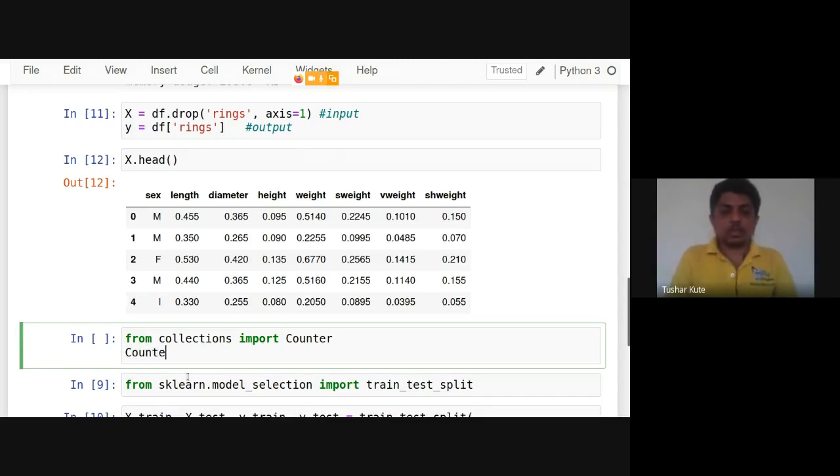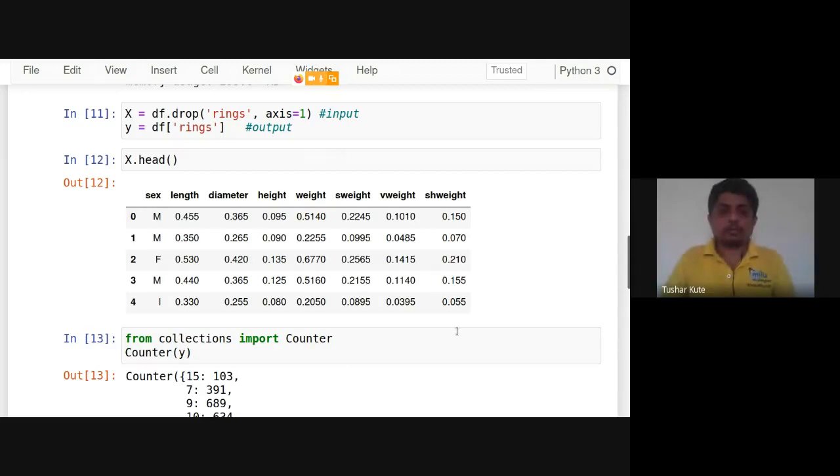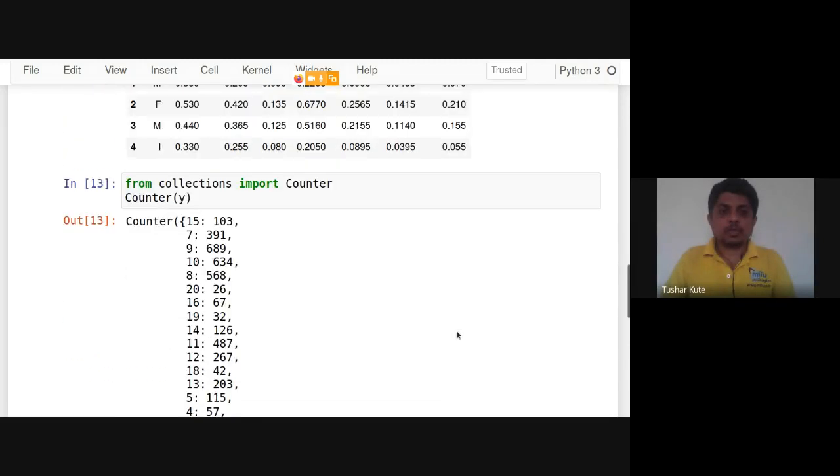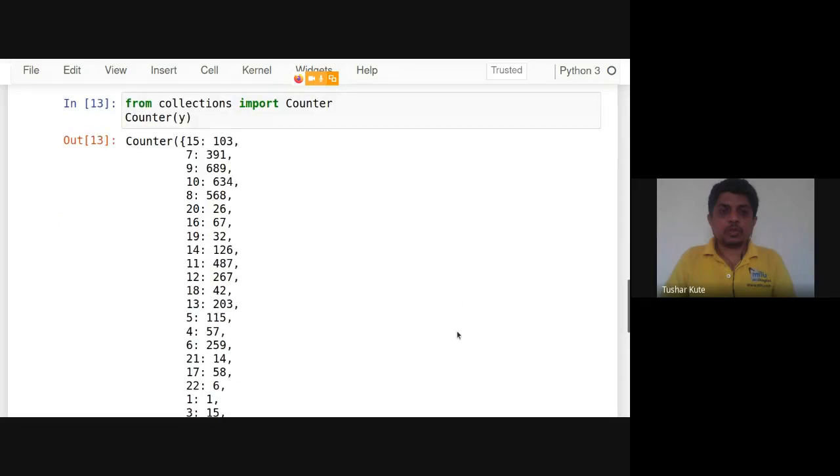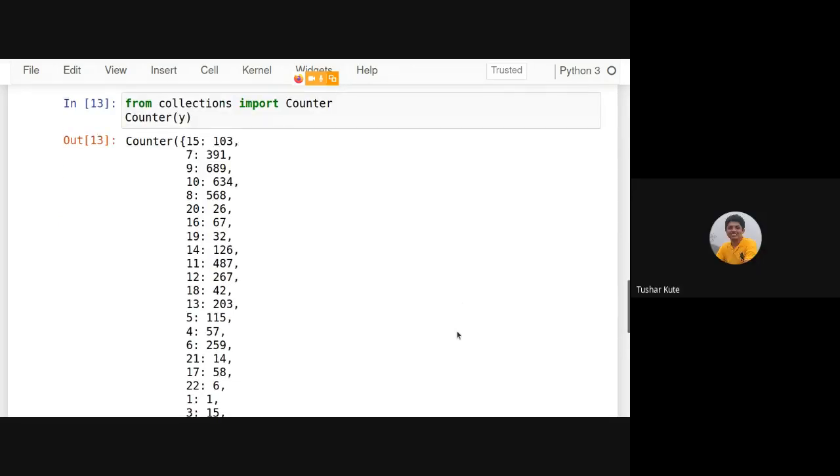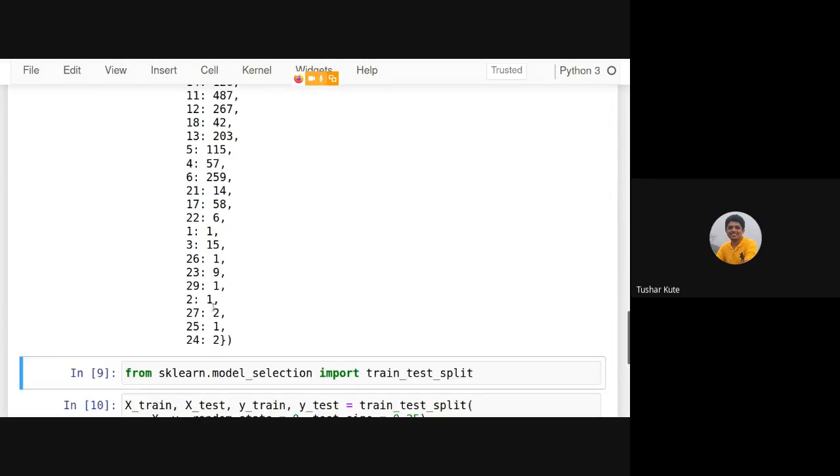Okay, and let's have a Counter of Y. You can see this. So we have a randomization of the whole data set present here. 15 number class. Okay, rings are present 103 times, 7 for 391 times, 9 for 689 times, and so on. Complete randomness is there that you can find. And a few from 1 to 25.